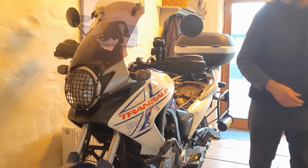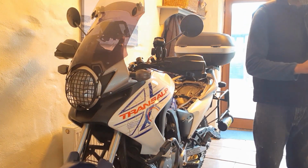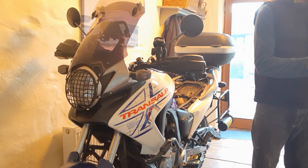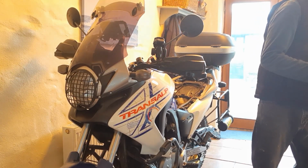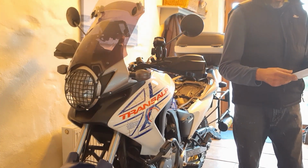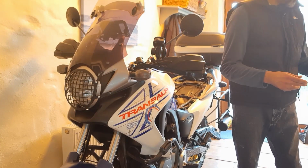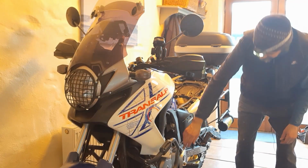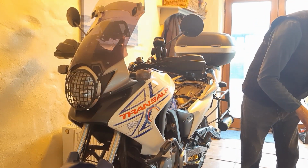Side by side. Okay. Now, the menu here. Just to remove the front cowl. That's called the inner center cowl. Now this is the front side. So we're going to remove the bolts first. There's one here. And that will be...